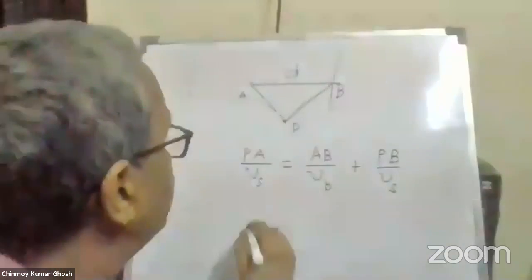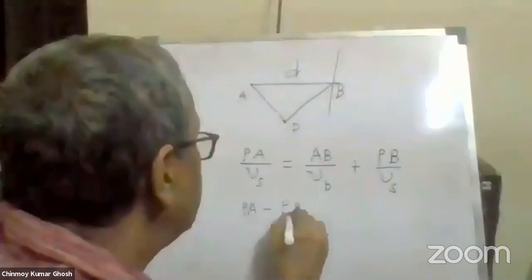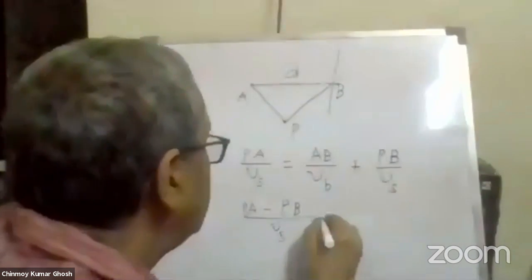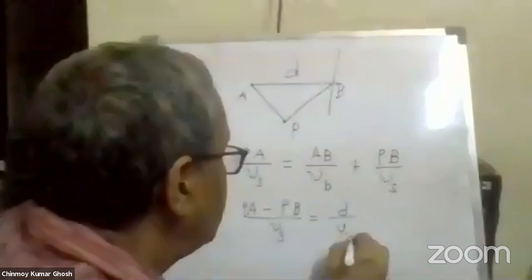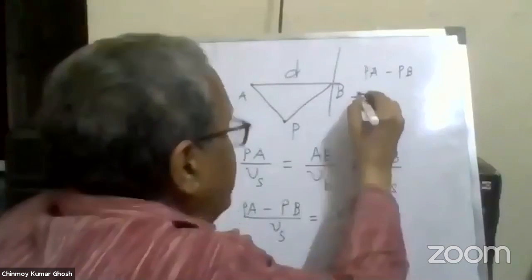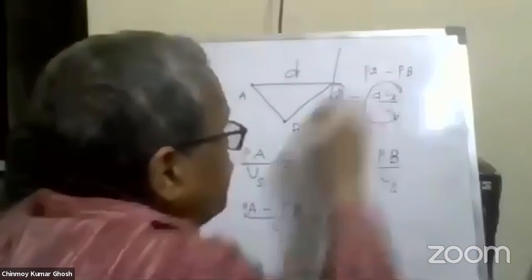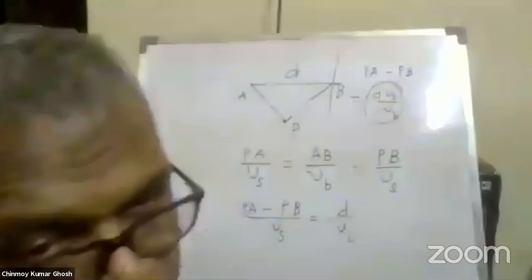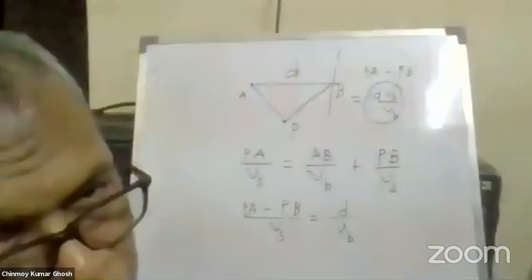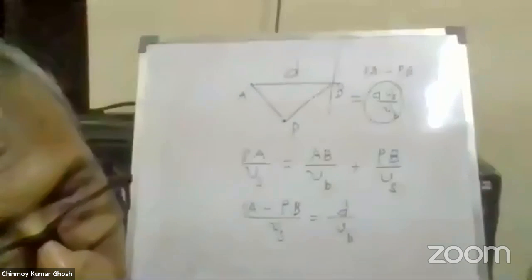Yes, sir. So PA minus PB divided by velocity of sound is equal to D divided by Vb. This is constant. So PA minus PB is equal to D into Vs by Vb, and Vs by Vb is a constant. D is a constant, Vs is a constant, Vb is a constant. So PA minus PB is a constant. And if PA minus PB is a constant, then P moves along a